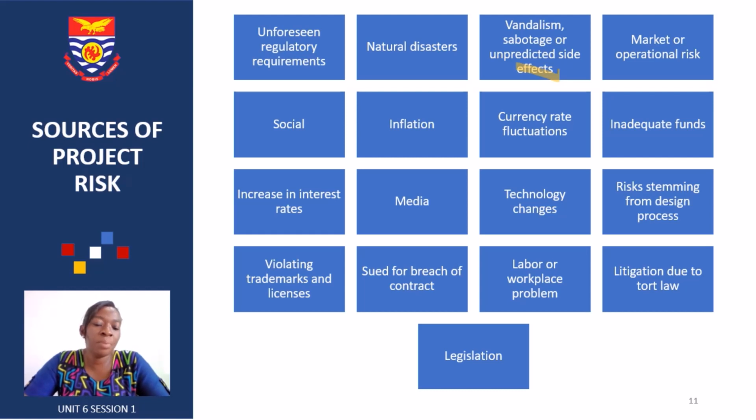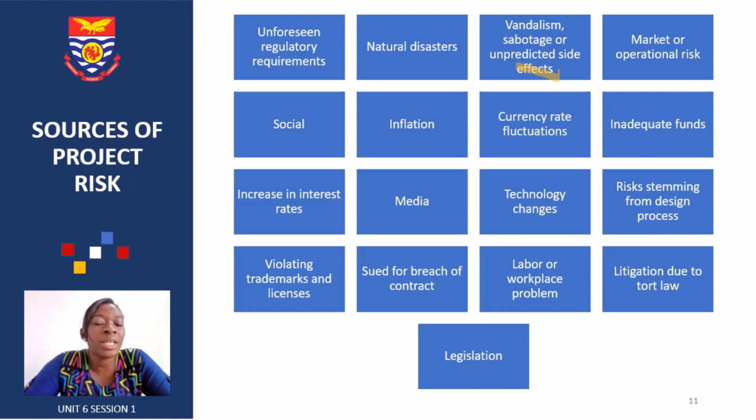We see even people in SS and primary schools destroying things, sort of project. Your employees may get angry and then decide to just spoil everything you worked on as well. There's market or operational risk going into the market. There's social risk. There's inflation. There's currency rate fluctuations. In Ghana, I realized 2022 was a bit shaky when it comes to fluctuations in inflation and all those ones. There's inadequate funds, increase in interest rates, the media, yes, the radio, TV, and all the media, print and non-print,